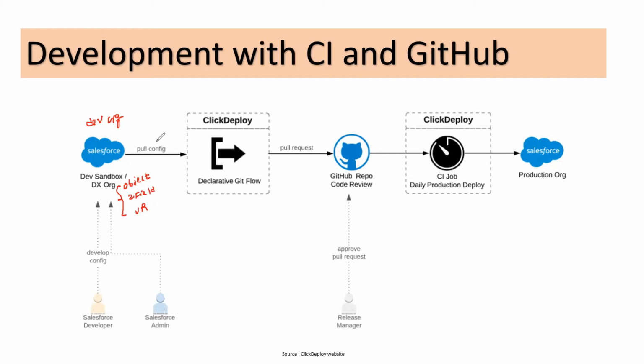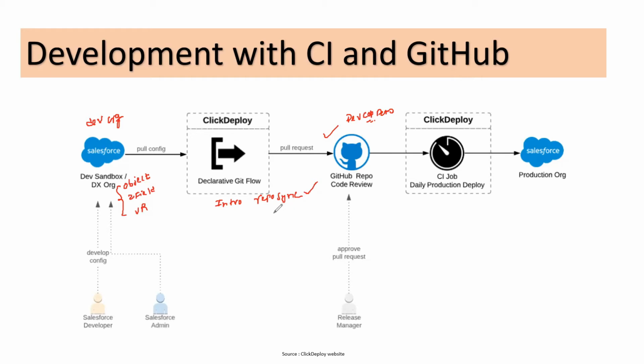Step number one, once you have set up your changes in your developer org, you can sync that to your GitHub repository. Since we do not have that set up ready, let's do an initial repository sync. So that way, what would happen is all the changes that you wanted from your developer org would move to your GitHub repository that we have created. In my case, it would be dev Copado demo. I want to move these changes from the dev org to the repository that we have created in GitHub. So this process would be coming in from an initial repo sync.